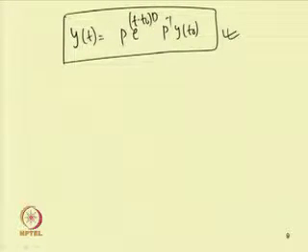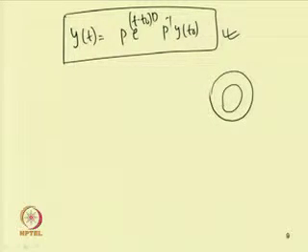If this perturbation grows, then the system will be unstable, according to our Lyapunov principle. If it remains within a bounded region, then the solution will be stable. Let this be the equilibrium solution. If we perturb it and it remains within this circle, or this bounded region, then the system becomes stable. If we take a point and it grows with time, then it becomes unstable.